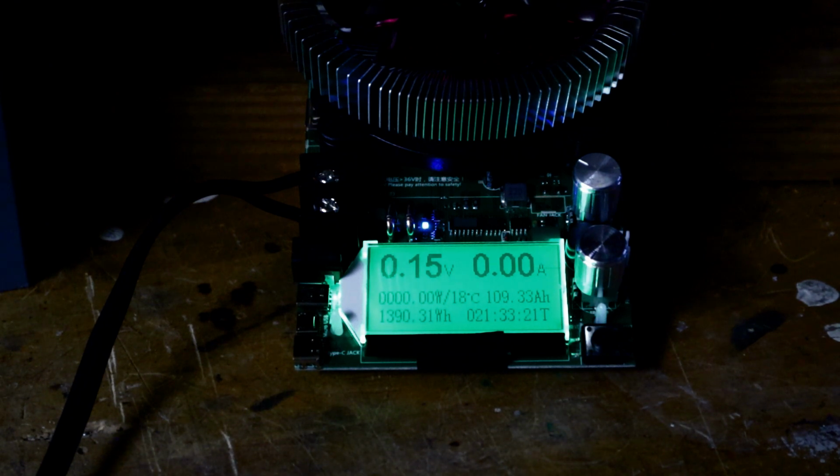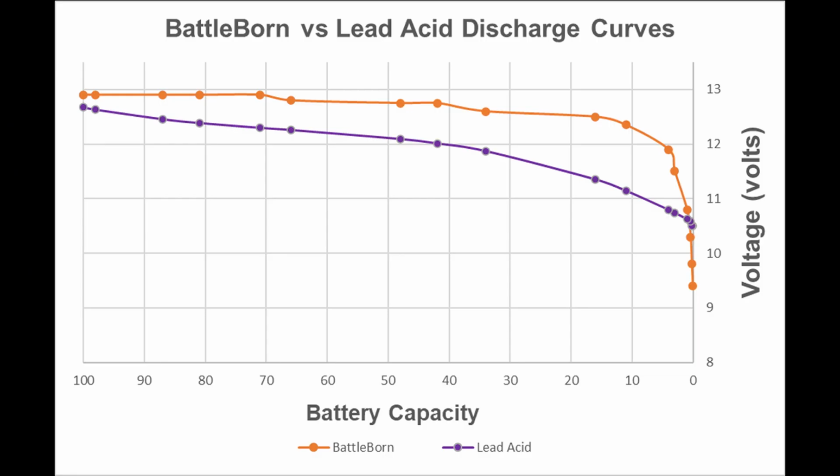As most people know, lithium-ion batteries do a better job of maintaining their voltage during discharge compared to lead-acid batteries. So I've collected that data as well, and we can take a look at that now. So here's a plot of the data showing the voltage versus percentage battery capacity. The orange curve is the data I collected for the Battleborn battery, and the purple curve is a typical lead-acid